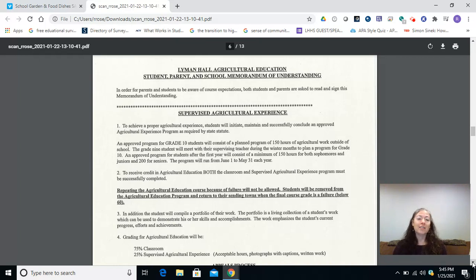And the work that you do outside of class, you get credit for inside of class. And we have lots of ways to help you if you're kind of unsure of what you're doing. But during your freshman year, you'll start planning this. So that's why we're having you just do the agreement form now. So you'll be able to read through all the efforts we put in place to make sure that you get as much help as possible with this. And to show you some of our SAE examples, I'm going to show you a little video at this time.